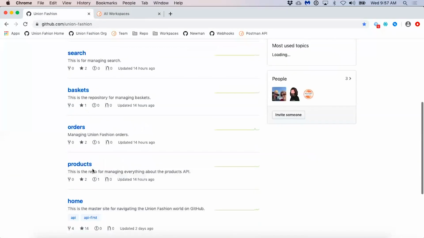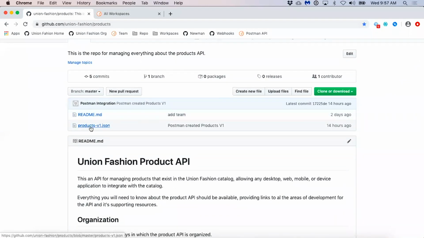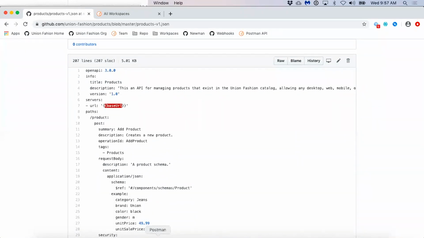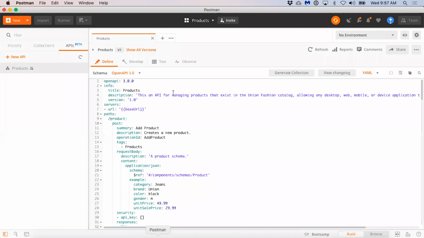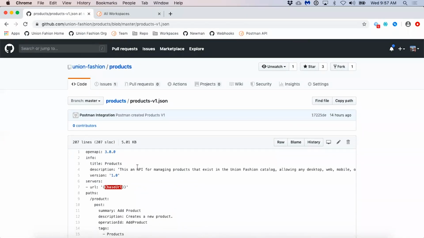So if we go to the products repository, you'll see there is an actual products v1 here that is synced. This is the same copy that's available here in Postman. And this is a two-way sync, so when changes are made here, they will show up in GitHub.